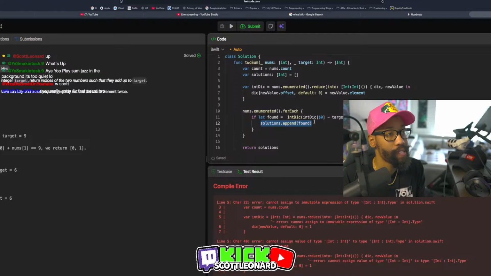Think about it. When you subtract 2 minus 9, it's going to give me 7. This is going to be 7. But then we don't have a way to get that 7 out there because we need to get the index, not the actual value. So then I would say